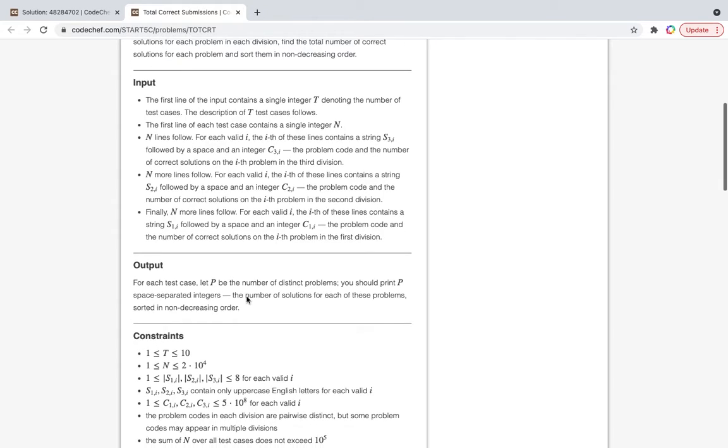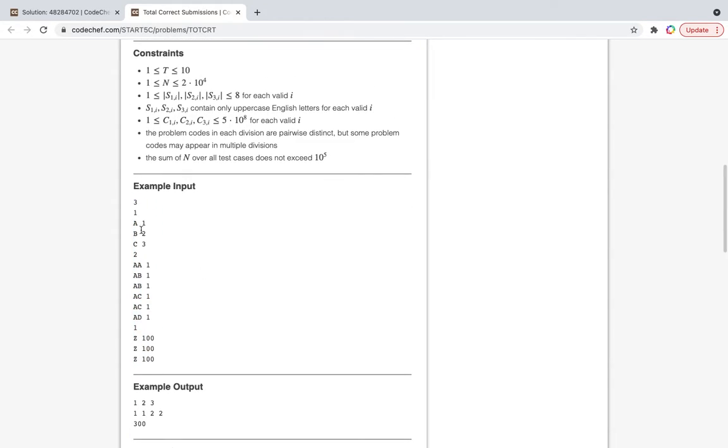So if you observe this input, 3 is the number of test cases and 1 is the number of contest codes in each division. So this is the first division, this is the second division, and this is the third division, and we have one problem in each one of them, right?